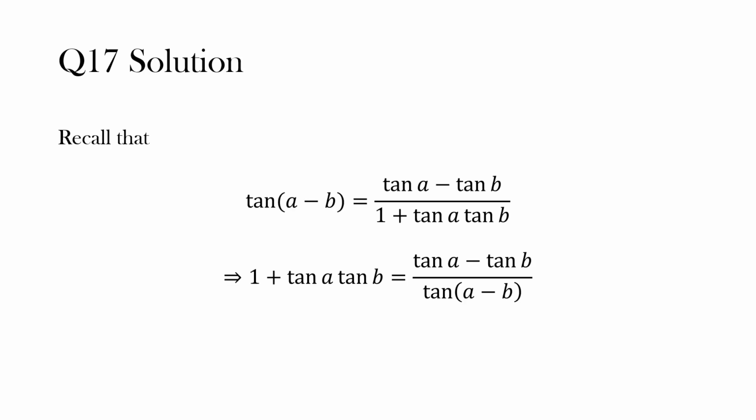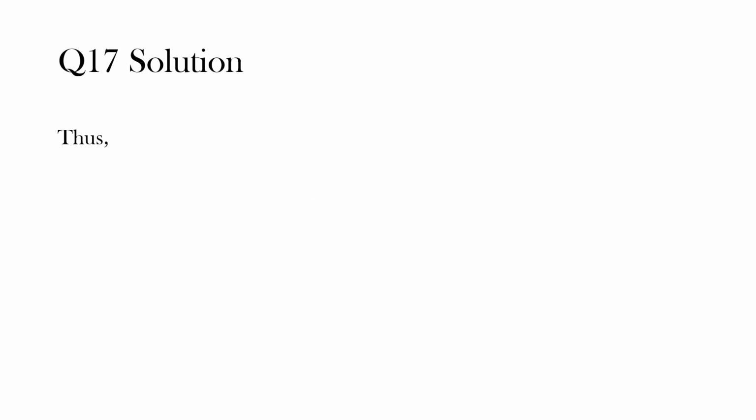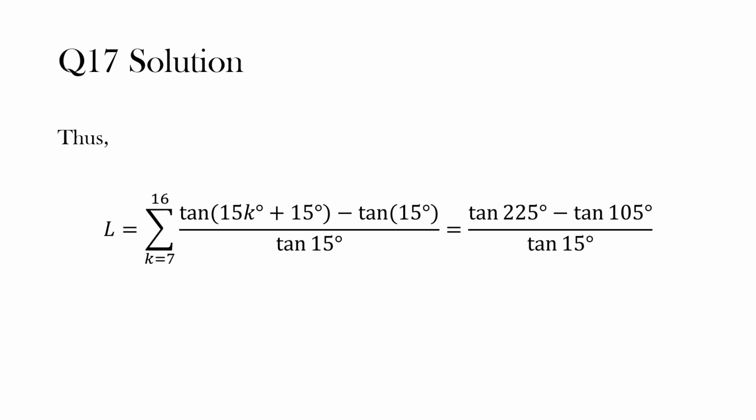So we're going to use the identity tangent of a minus b is tangent a minus tangent b over 1 plus tan a tan b. And then from here, we can swap around the denominator and the left hand side. We will get an expression for 1 plus tangent a tangent b. So you see that L is actually in the form 1 plus tan a tan b, and you can use